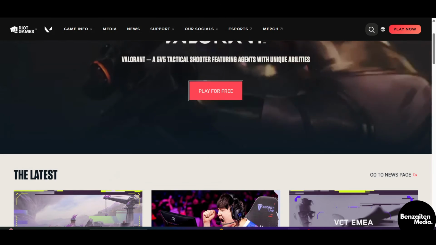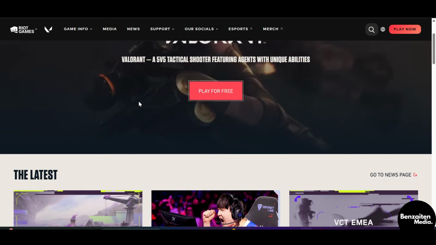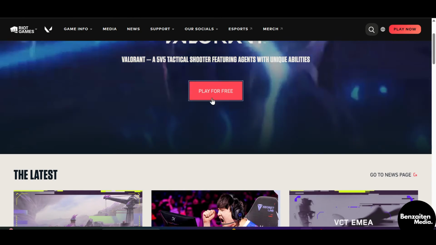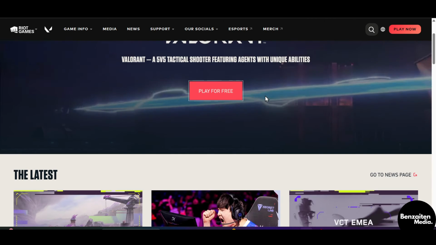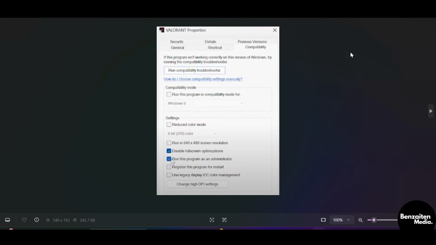And after that, if the issue still persists after restarting your game, you just need to go to the properties of your Valorant. And after coming to the properties, on the right side here you can see the compatibility. Click on this compatibility and make sure that you are running this program as an administrator, and then this will solve your Valorant game restart